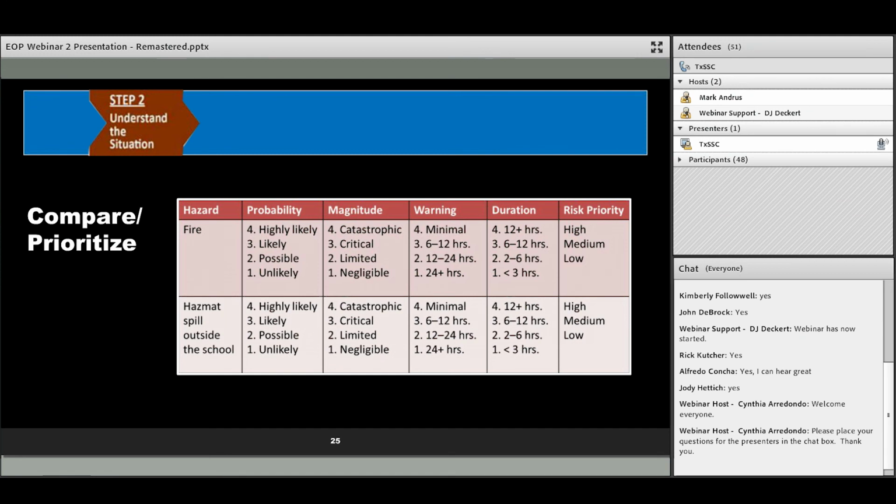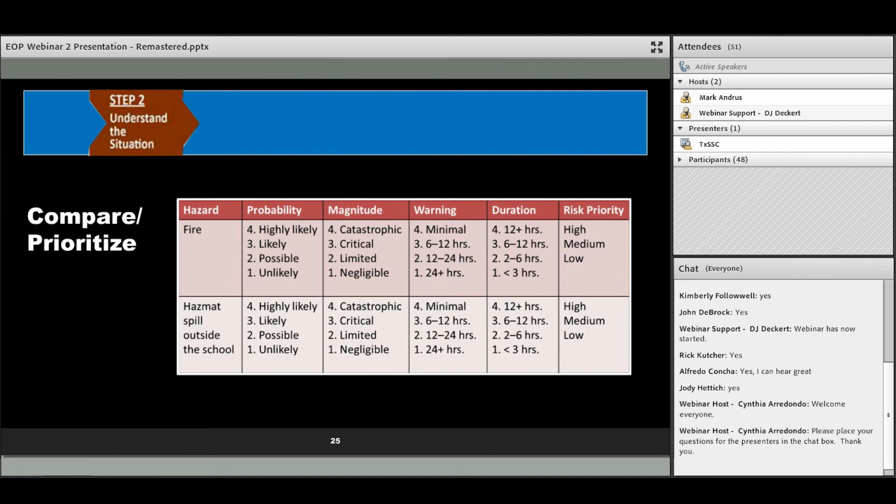So fire, that's kind of a broad term. You could say, a wildfire versus a fire within the facilities, they may be very different. But you could evaluate the probability of those kinds of things happening to your school and your district. And then what would happen if it did occur? Well, we know that there's lots of different levels, but what would a fire's magnitude be? It would usually be pretty critical in terms of your operations. If you have any kind of a fire, you're going to have smoke and water damage, so it may cease some of your operations. Or let's say it was a small trash can fire, that may be very limited, or if it gets put out fast enough, it might be negligible.